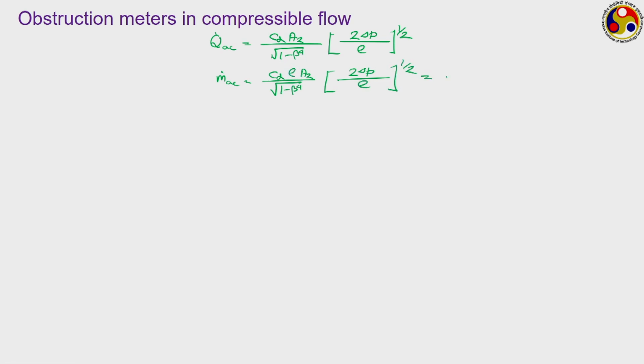So, if we take the rho inside the equation, then we have CD into A2 beta to the power 4, 2 rho delta p whole to the power half. But now, if we are dealing with an incompressible flow situation, this is okay, but if you are dealing with